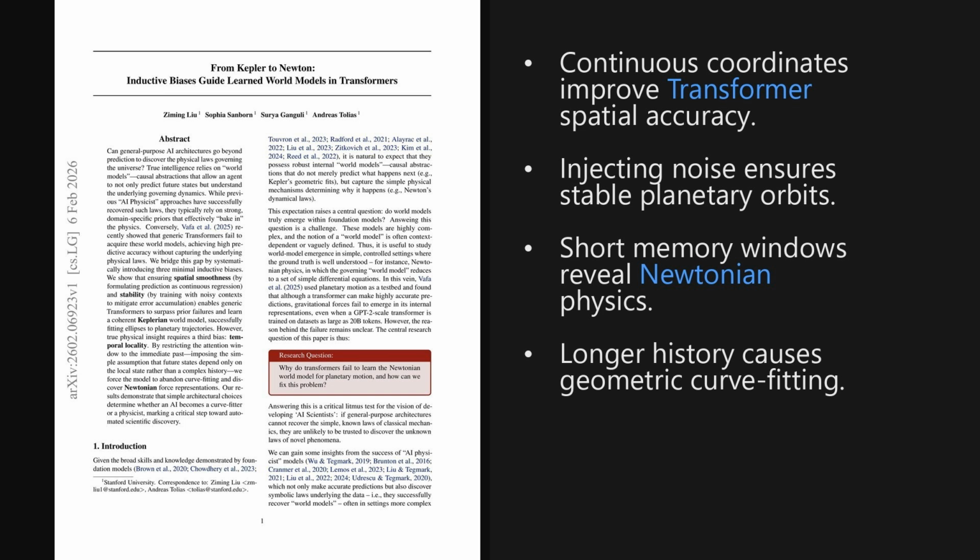Wrapping up, the main takeaway is that without constraints, transformers act as geometric curve fitters. But by restricting their attention to the immediate past, we can force them to discover true Newtonian dynamics. This proves that building AI scientists requires deliberate architectural biases,